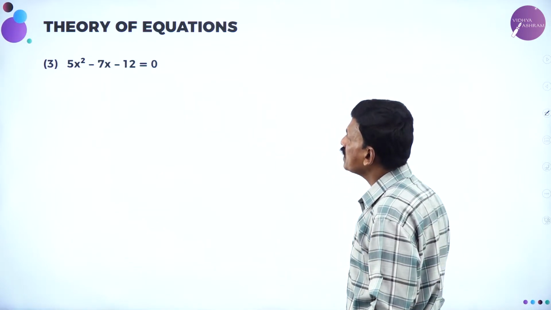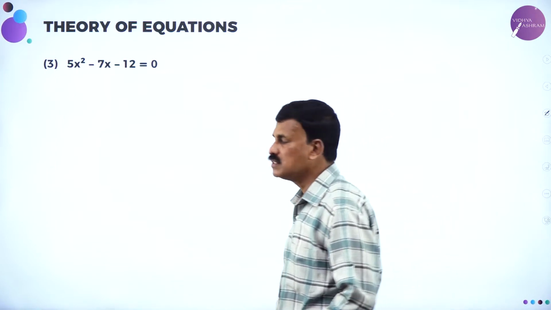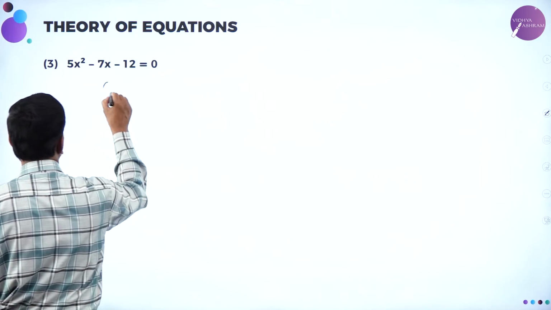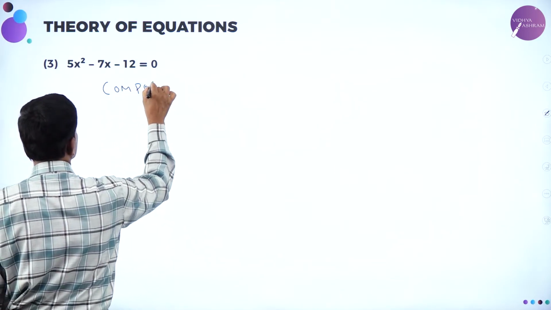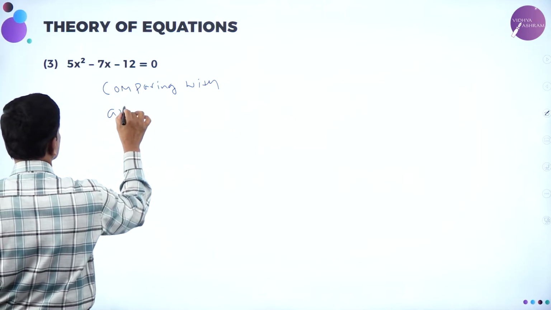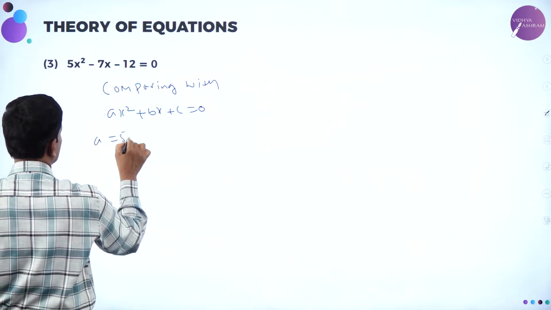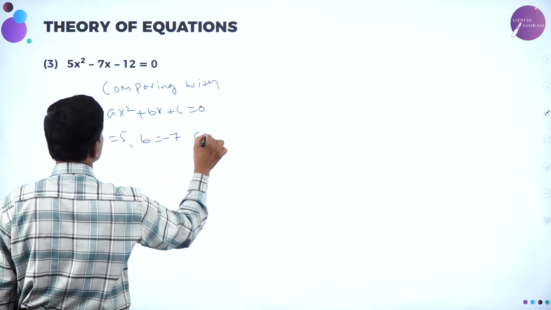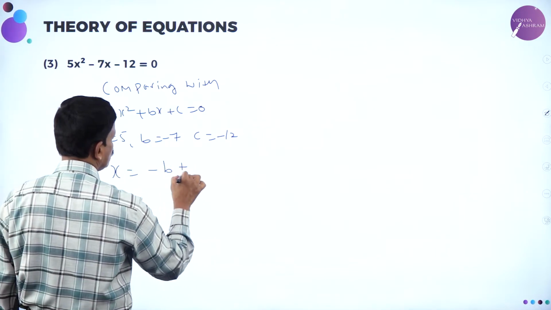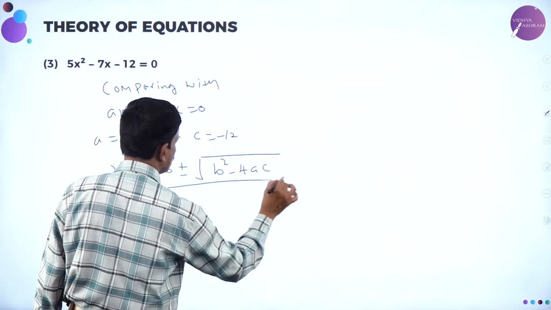Now, solve 5x square minus 7x minus 12 is equal to 0 by the method of formula. Using formula, solve this. Now, comparing with the standard equation, ax square plus bx plus c is equal to 0, a is equal to 5, b is equal to minus 7, c is equal to minus 12. What is the formula? x is equal to minus b plus or minus root of b square minus 4ac divided by